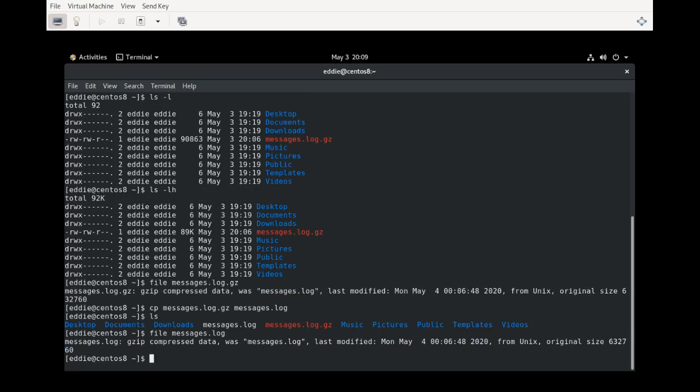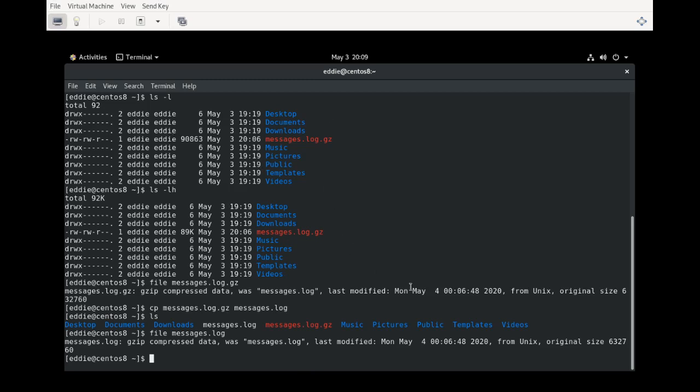We typically will have .gz as more of a human readable thing. We know this is gzip, but technically you don't have to have it. In my opinion, I think it's a good thing from a human readable perspective. If you're doing your administrative duties and you see that .gz, you have an idea: hey, that's probably a zipped file. So that would be, going back to the objectives, compress using gzip,